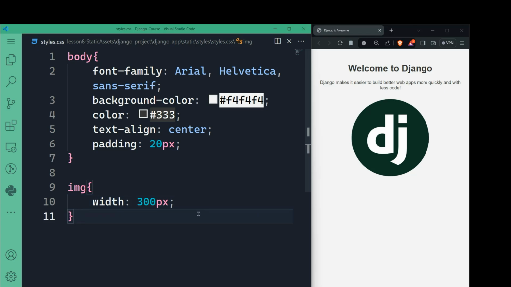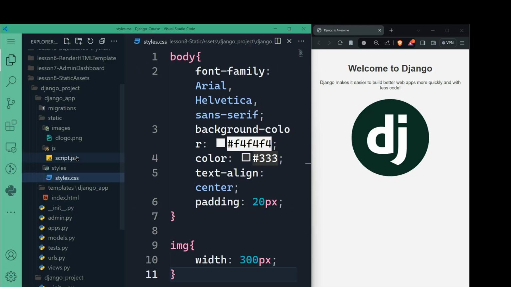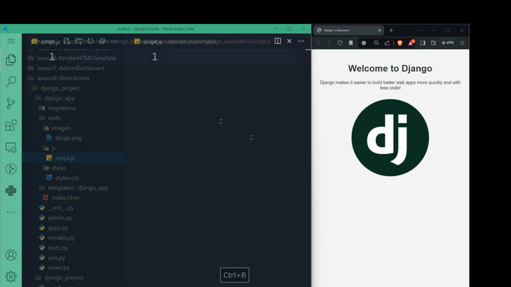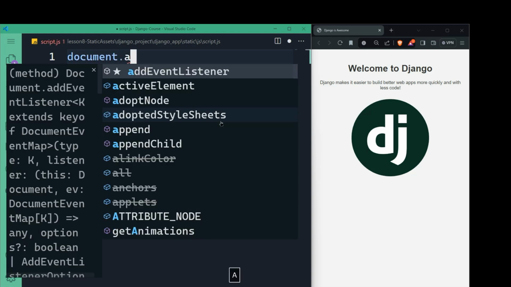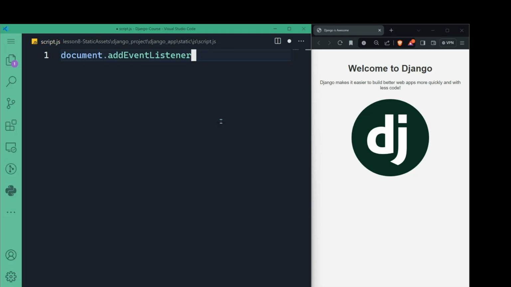We have rendered styles.css in Django. The last remaining thing is JavaScript. So we have rendered image, we have rendered styles, and we need to see how JavaScript will work. Let's do document.addEventListener. So I'm not sure if you know JavaScript or not, but when we say document.addEventListener, the addEventListener here is